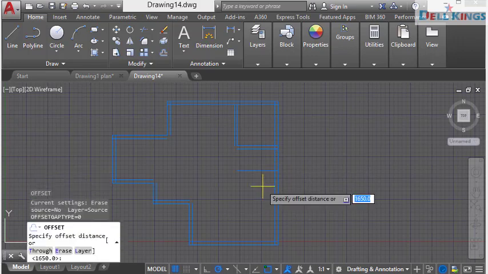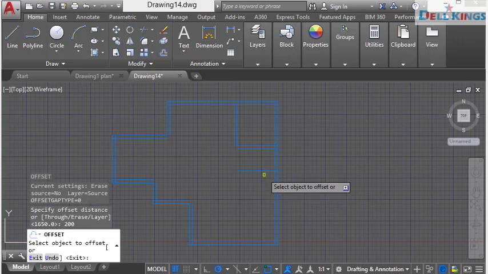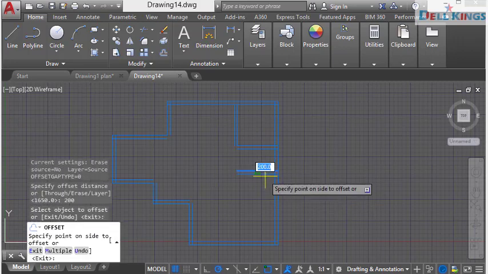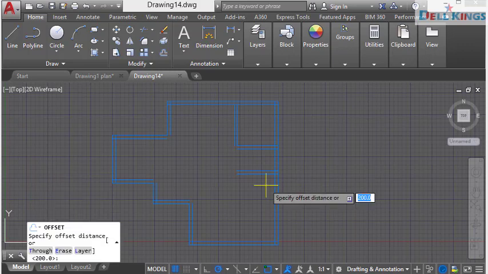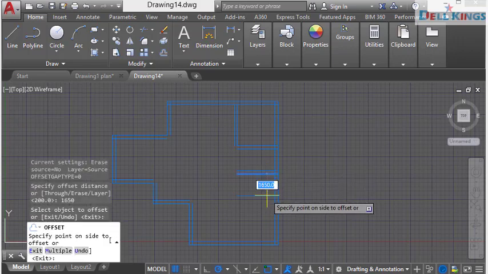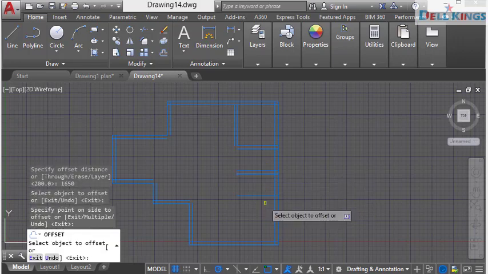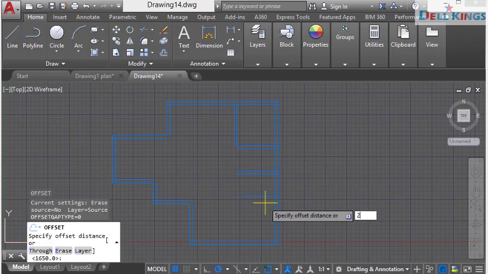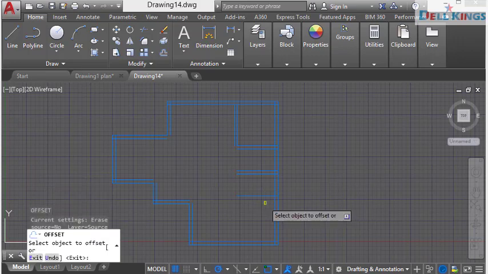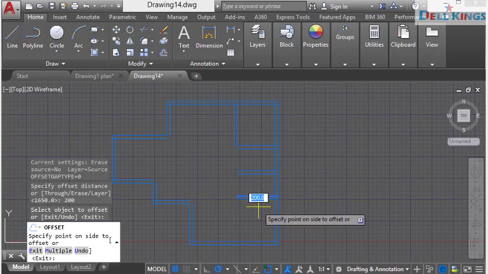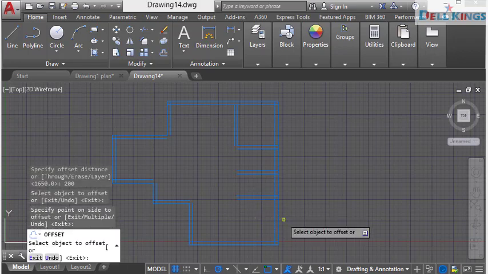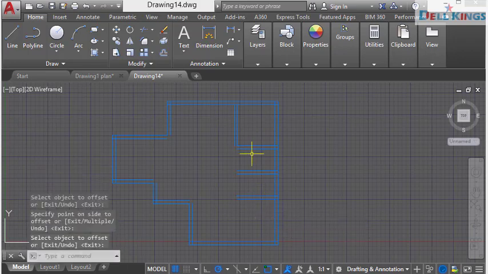Press enter, repeat again for wall thickness 200, then offset down. Press enter, use 1650 for another room, then offset down here, and then enter 200 for wall thickness, and then press enter. So we now have all these various parts here, and then again we need to draw